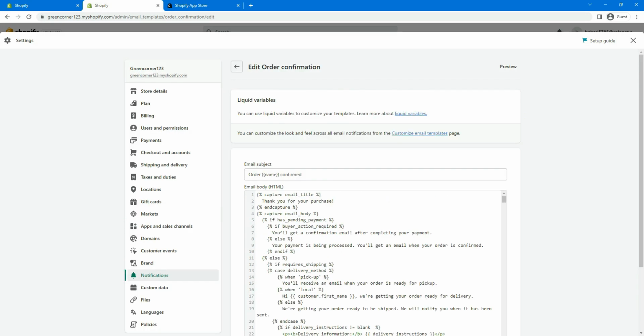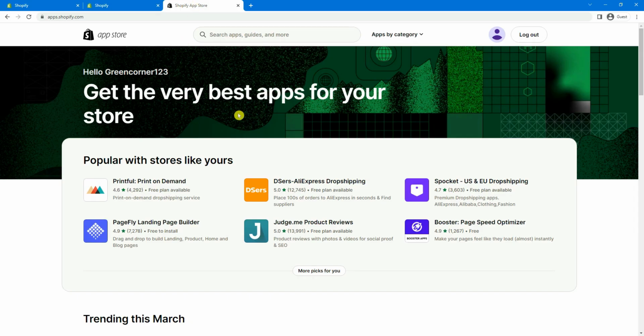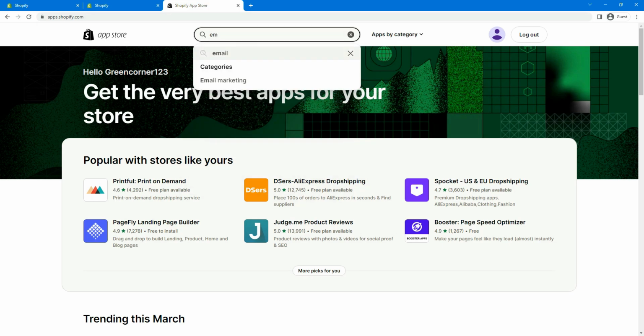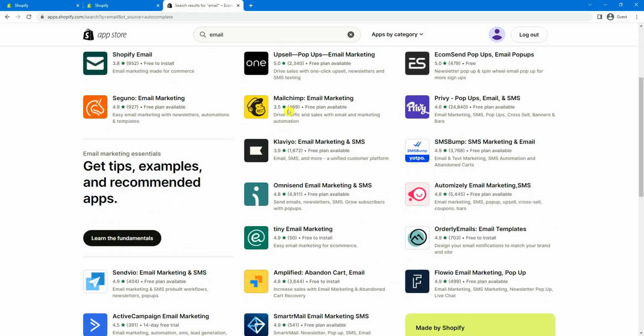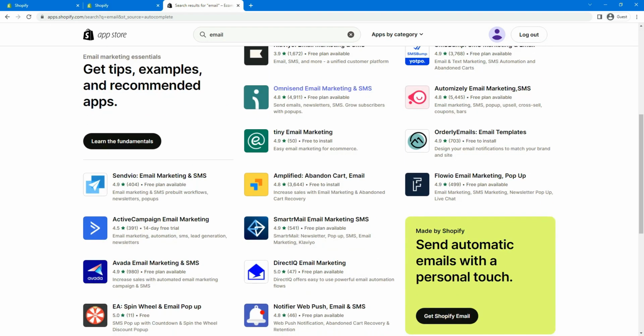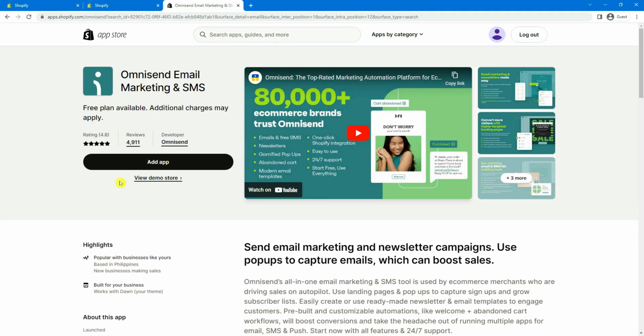Now there is also an option for you to integrate a more thorough and professional email marketing platform. All you got to do is open the Shopify App Store and on the search bar, just type in email and then it should show you a list of email marketing platforms that you can use. And all you have to do is just click one and click the Add App button to add to your